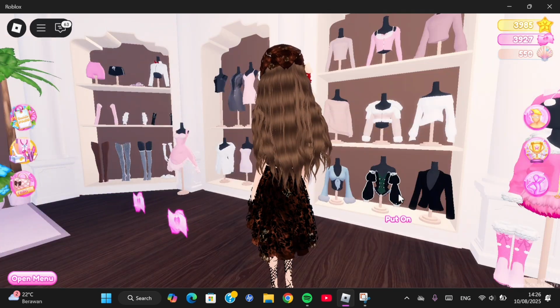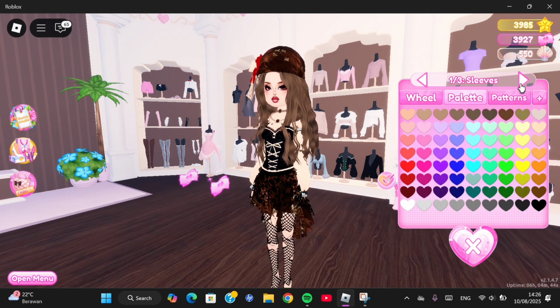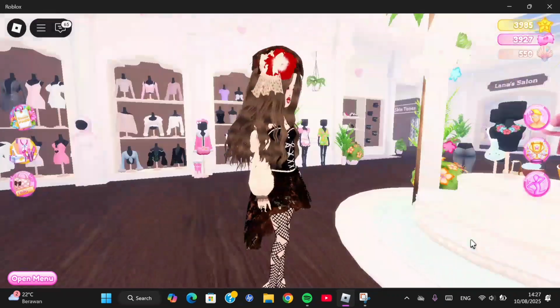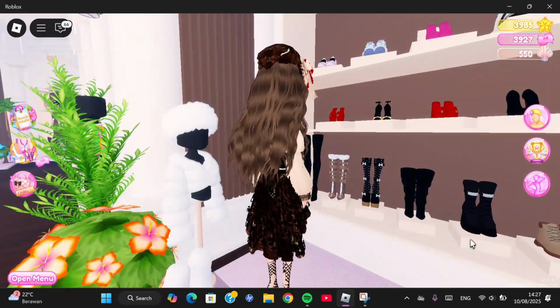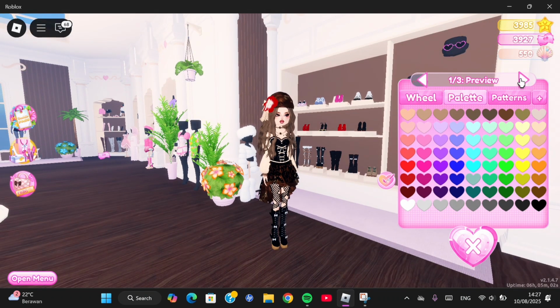And then I'm going to put on the sleeves and then apply this color. And for the second selection, make it brown. And also for the lace, make it brown. And then put on these boots, and then you're going to color it black for the first selection and also